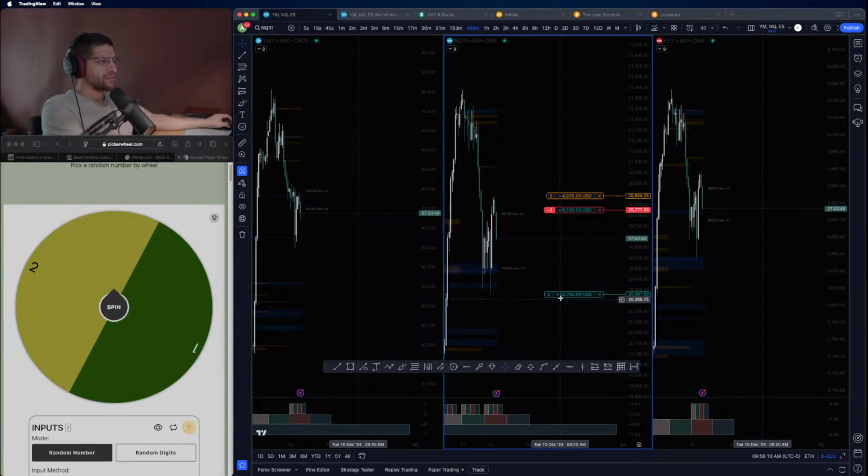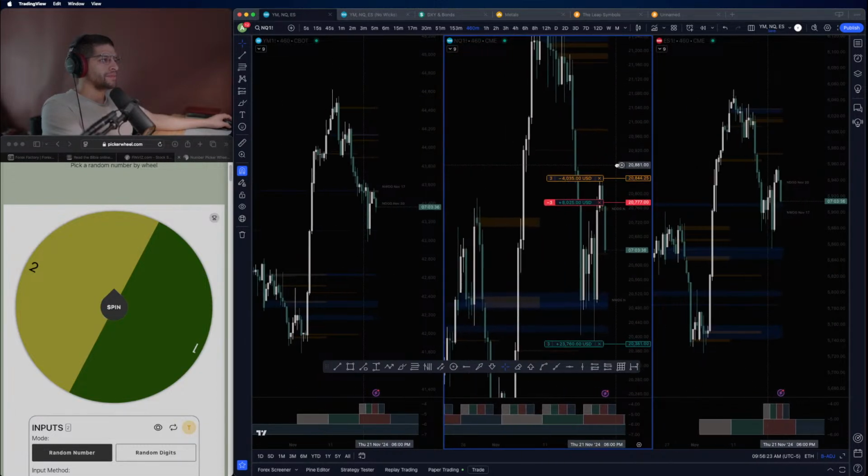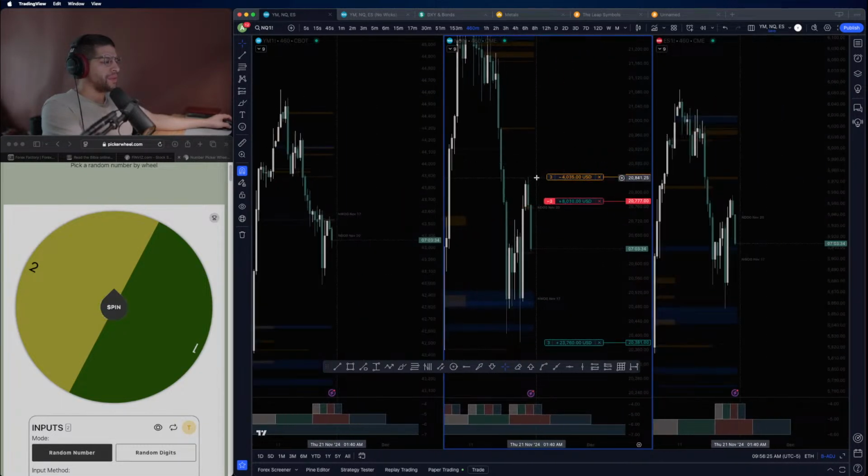And these are big numbers, but at the same time, I know that if this went above this high right here, then it would be invalidated. I did move this lower. Honestly, I don't remember why I moved it lower. So I probably should have kept it up there. Anyways,